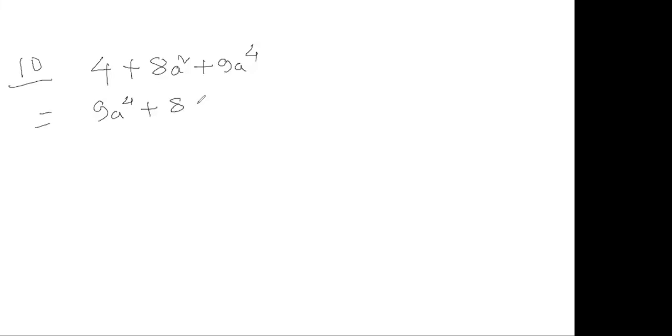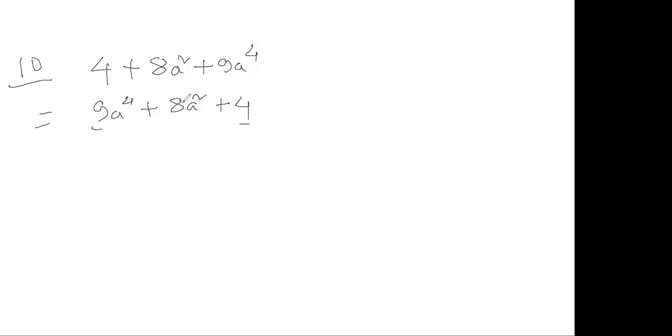So how to factorize this? 9a to the power 4 plus 8a square plus 4. I just interchange the position, that's it, in the second line. Now moving forward, what we learned till now is, if we have three different terms, we used to do middle term factor. But in this case, if we follow the same procedure, if we multiply 9 into 4, the coefficients, that becomes 36. But when I try to add them and convert it into 8,